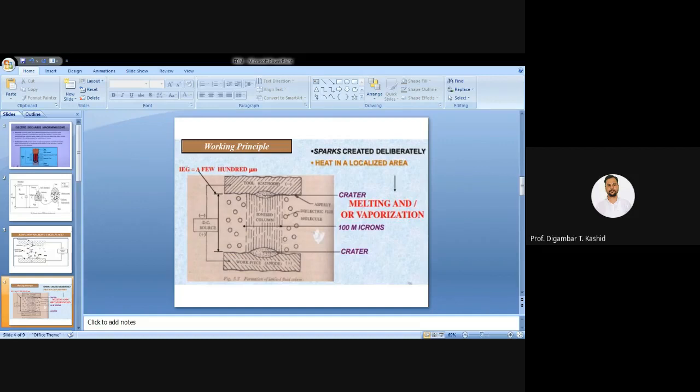The relaxation circuit, as I have mentioned, is called the RC circuit, and in it your electrodes, that means tool and workpiece, are both immersed in the dielectric fluid. Here you can see this dielectric fluid, or here also. Normally the dielectric fluids we use are kerosene and sometimes